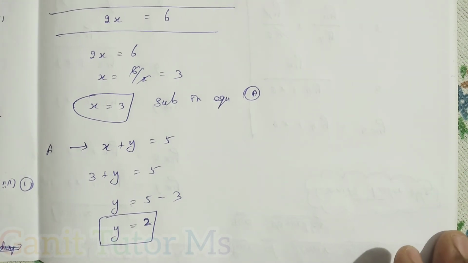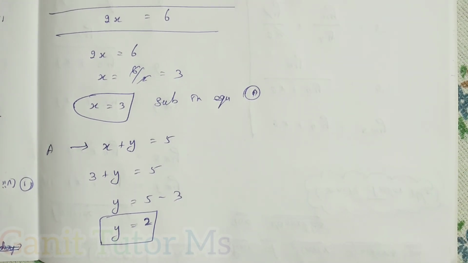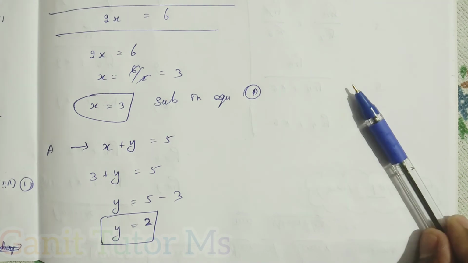Clear? Any doubt? So it is a more important problem also. Here we can do the elimination method 2 times. Clear? Any doubt? If you want to verify your answers, instead of x and y value in the first equation or second equation, you can put the x and y value and find it. Actually, instead of x and y in what is given in the problem in that particular equation, you can put x value as 3 and y value as 2. Then you can verify the left hand side as well as the right hand side.